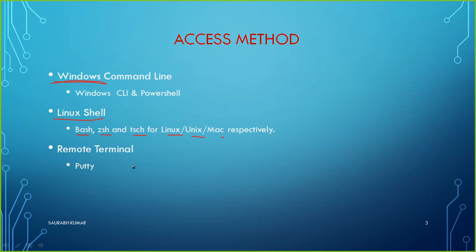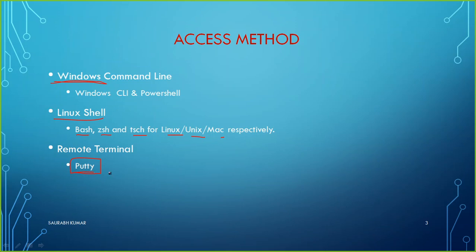So what do we generally use for a remote terminal? We use PuTTY software. I hope you are all familiar with PuTTY, because we use it to access Windows machines, Linux machines, Unix machines, Cisco routers, Cisco switches, ASA firewalls, everything. Whatever command line interface you want, you can use PuTTY. It requires just an IP address or the method you want to use to access, and then the user credentials. That's it. Then you will be able to access the device or its console, and start performing your task.